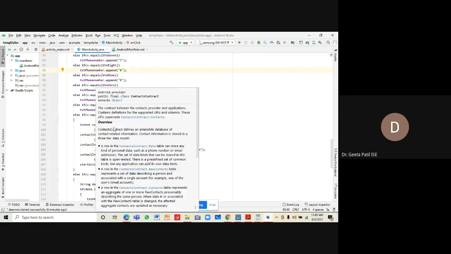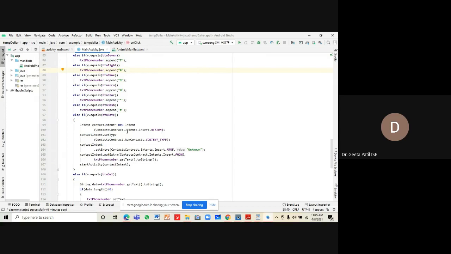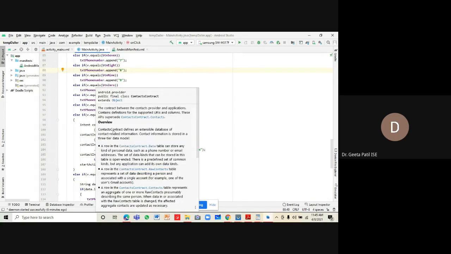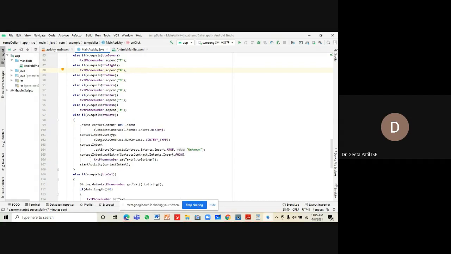When you are moving your cursor, you will get help on it. It is the contract between the content provider and the application. It contains definitions for the supported URIs and columns. Whatever information is required is given in the help menu.